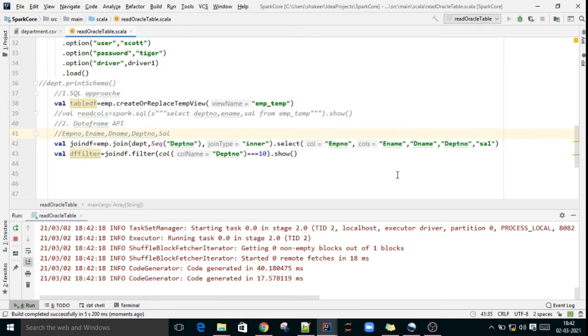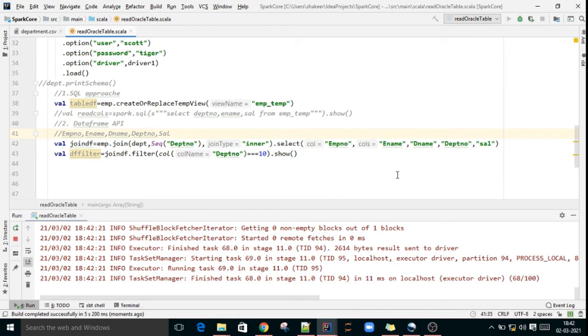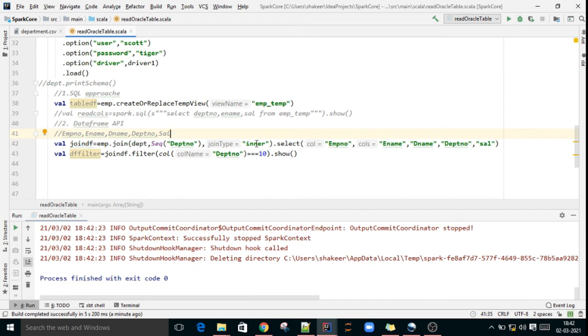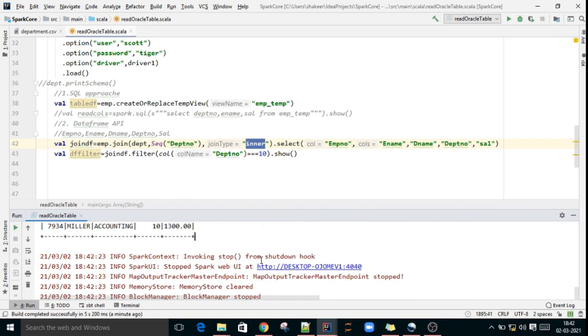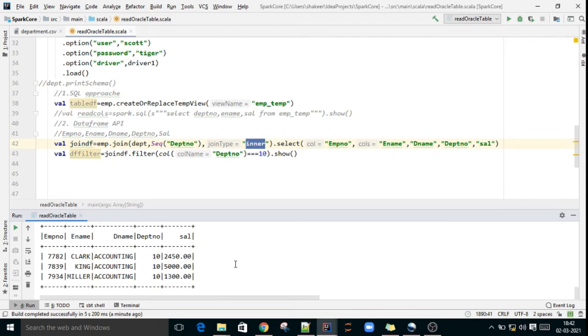In a similar way, if you just change the join type, if it is a left outer, you can just give left outer, like that. You can change the join type simply. See here, only 10th department data came. So this is a filter. We have seen many keywords, right?